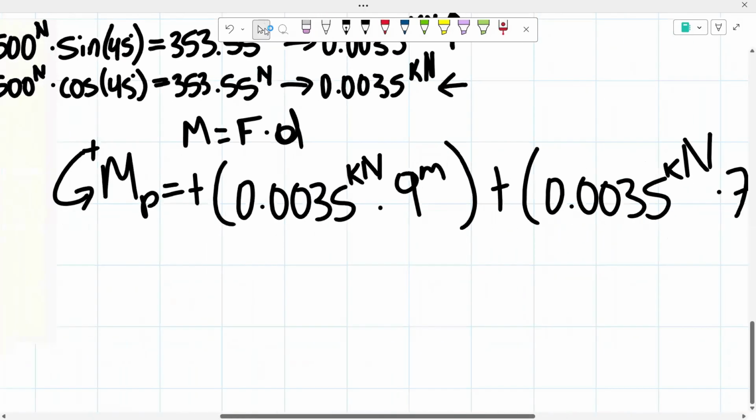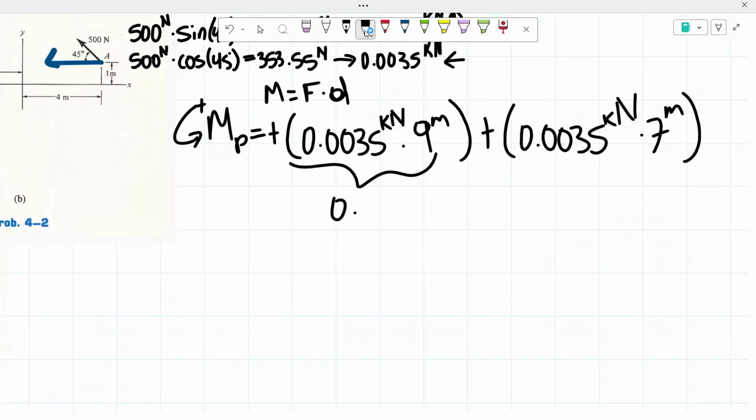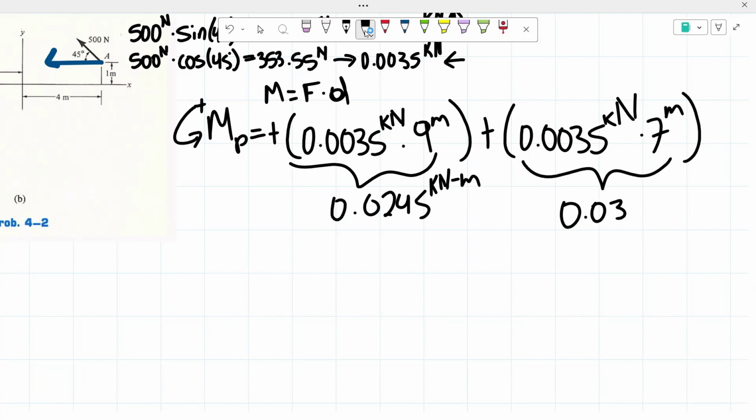And once you input that into your calculator, you get that this is equal to 0.0245 kilonewton meters. And this is equal to 0.0315 kilonewton meters. So if you were to add that all together, you would get that the moment about point P is equal to